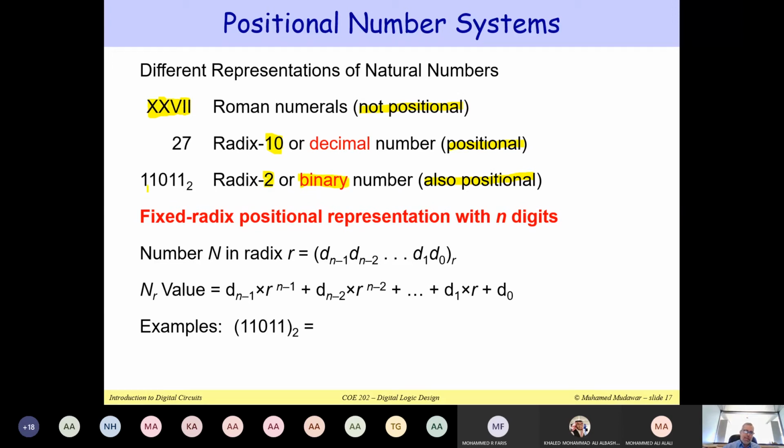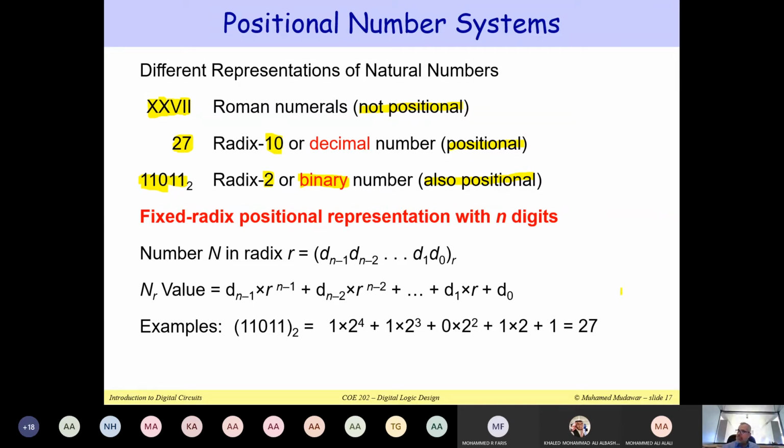So if you look here at this binary number, which is 11011, you can say, well, this is an example, 11011. This is just a 1, this is 2. This is 0 multiplied by 4, which is just 0. This is 8, and this is 16. If you add them up, you also get 27. So 11011 is also 27. So this is how you present the 27 in binary. This is 27 in decimal, and this is 27 using the Roman numerals. Is this clear?